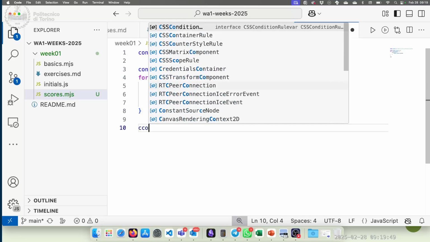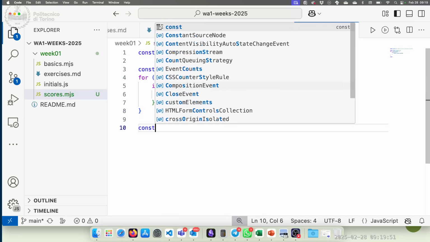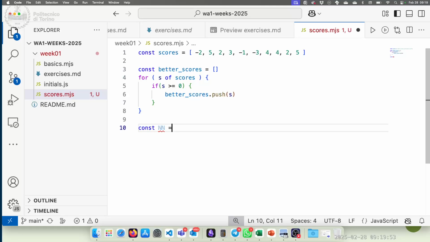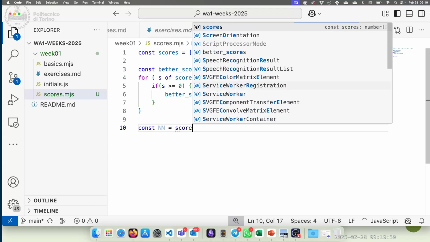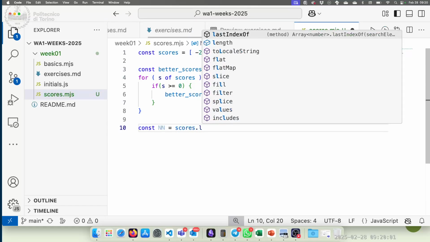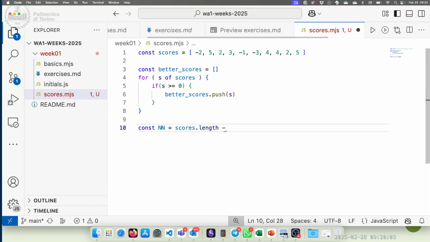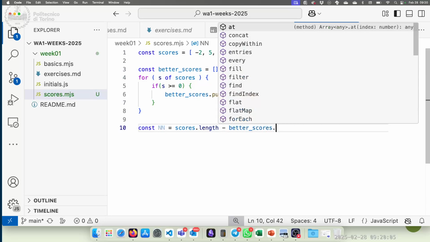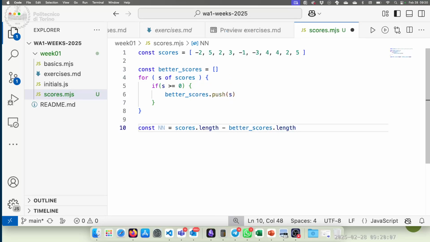And probably the number n can be simply computed as the difference of the two lengths: scores.length minus betterScores.length. I could keep track with a counter by doing that in this for cycle, but